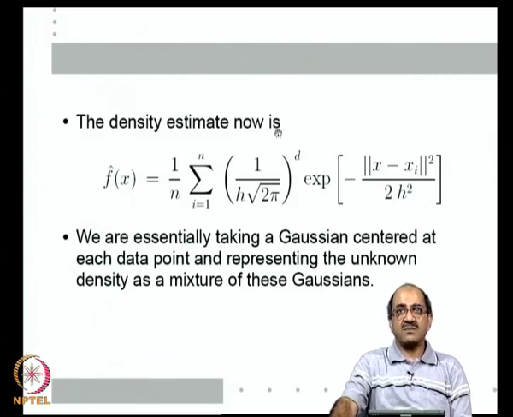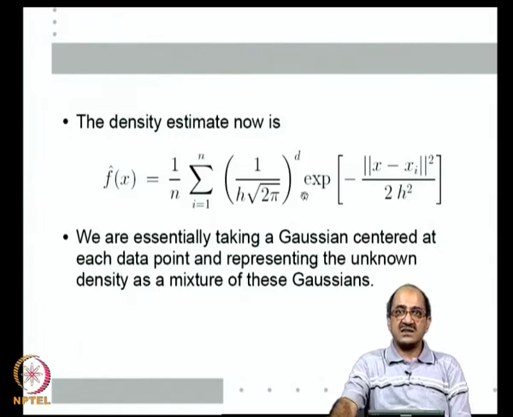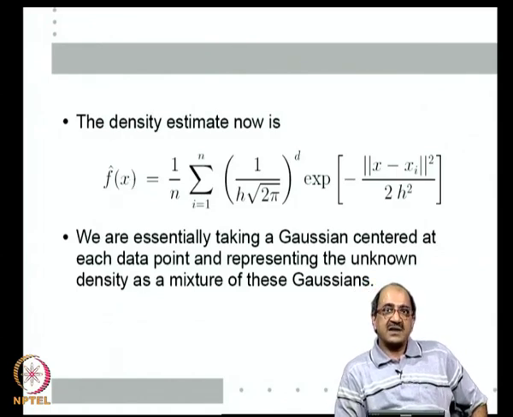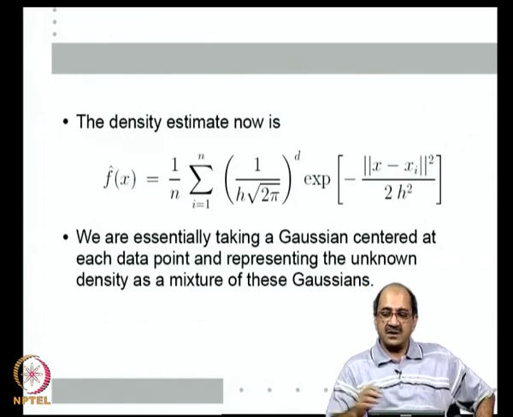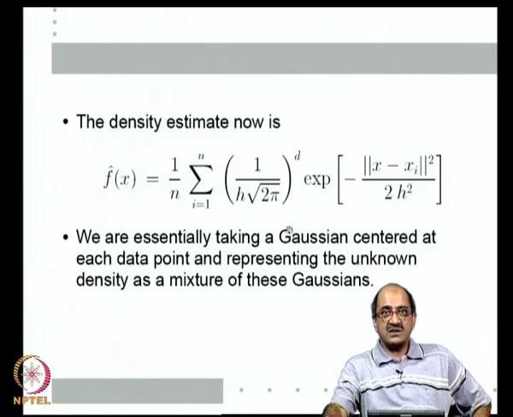So, it is a convex combination of densities. So, this is a mixture density. We have considered such Gaussian mixtures earlier. So, instead of just choosing some Gaussian mixture and estimating it in an ML method to find the mixing coefficients and the parameters of the individual Gaussians, here we are choosing exactly n Gaussians, where n is the number of data